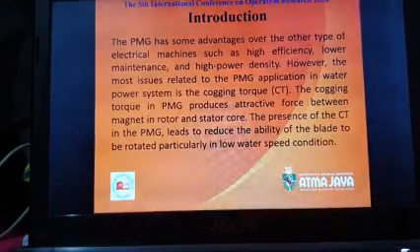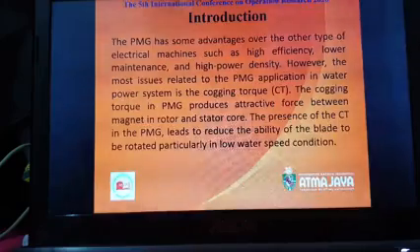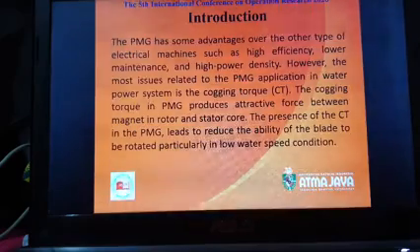torque, or CT. The cogging torque in a PMG produces an active force between the magnets in the rotor and the stator core. The presence of the CT in the PMG reduces the ability of the blade to rotate, particularly in lower water speed conditions. The effect of stator slotting technique and breadth of flow magnet structure on permanent magnet machine performance was